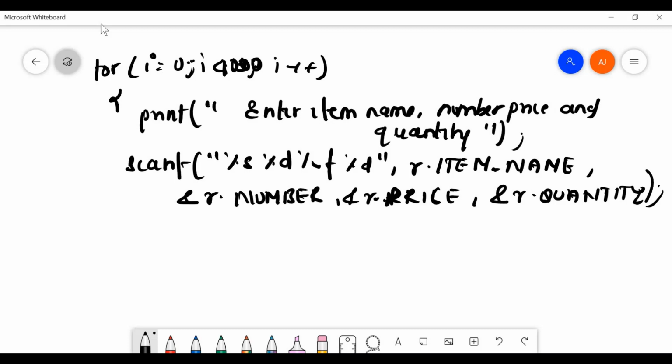So I have read the name, number, price and quantity for 1000 data items.